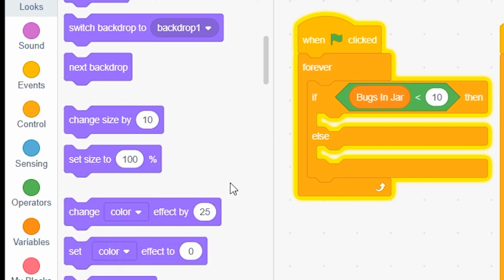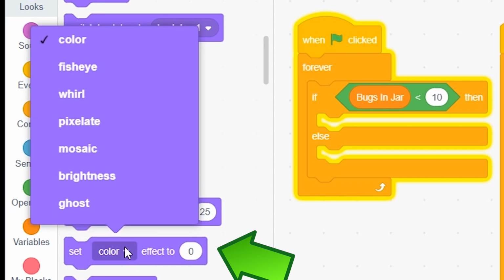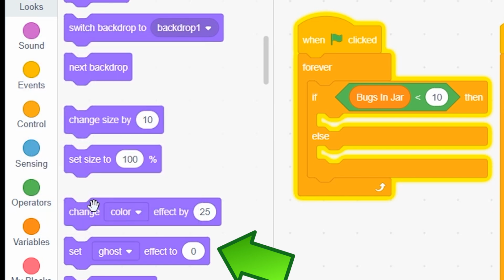So if we scroll through, we have our change color effect or set color effect too. We're going to go to the set color effect, and we're actually going to click on that drop-down menu, and you'll see we have a whole host of different effects we can change here. Ghost is the one we're most interested in. So we click on it, and we're going to set the ghost effect. If it's less than 10, we're going to set this effect, I'm going to try 65,